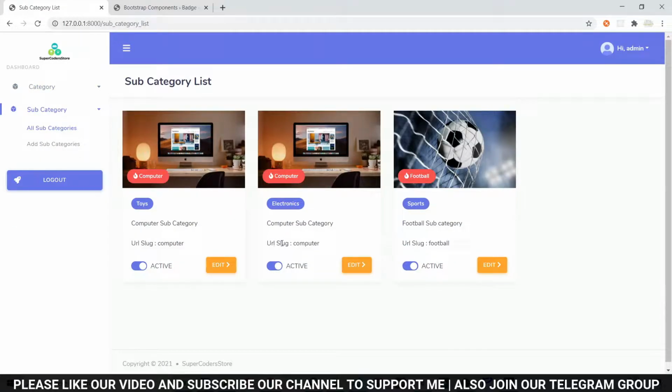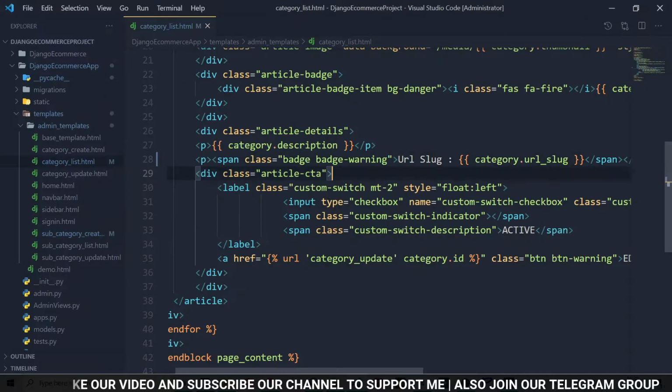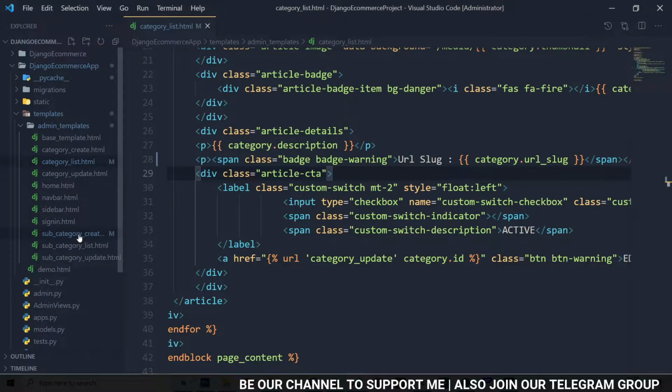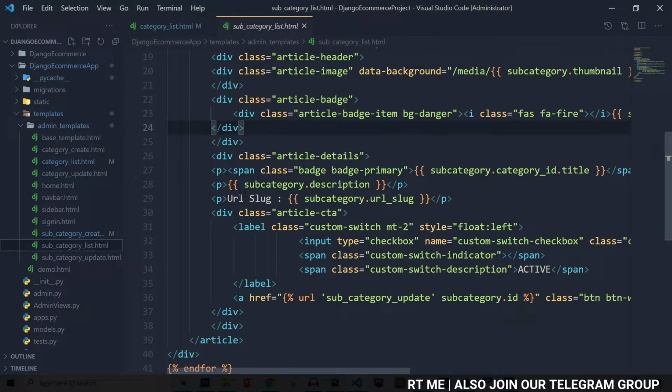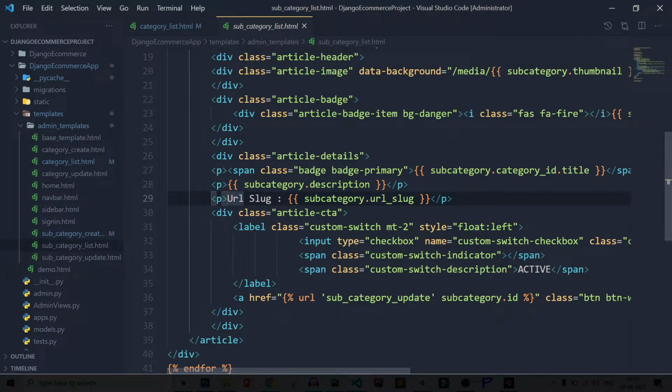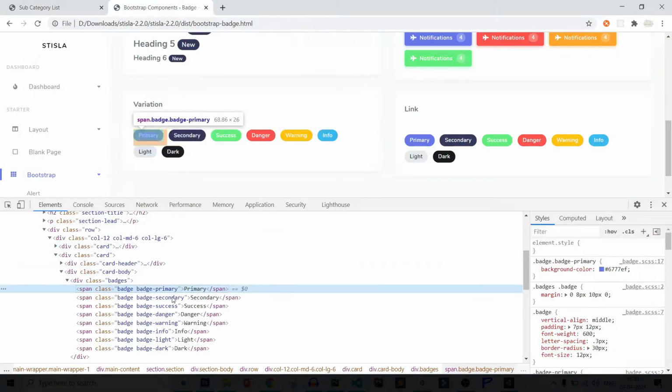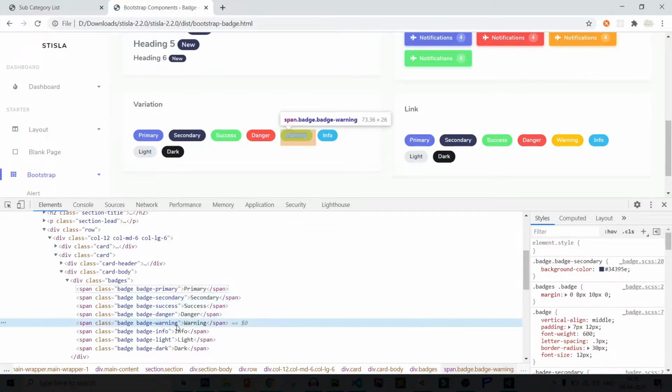So here, same in URL select. Again come to subcategory list and here, description, subcategory URL. Let's add it. So again copy the badge. Let's copy the warning badge.